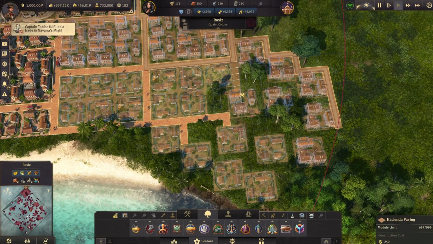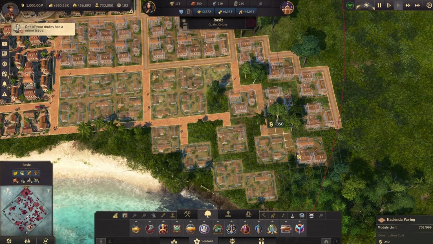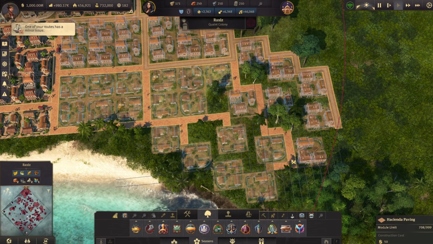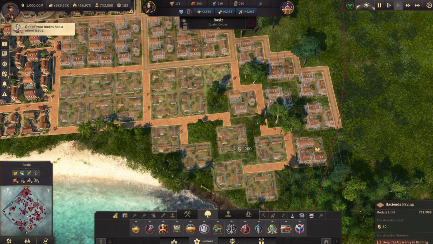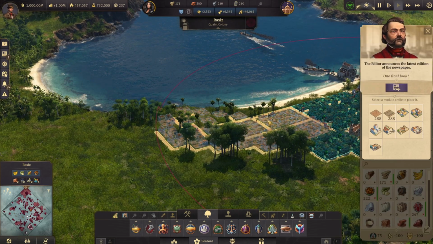We're going to have the paving come through. So like right here, down to you, around. Yeah, I guess it has to go around. And I think we have all of them connected, so the only way to really test it...